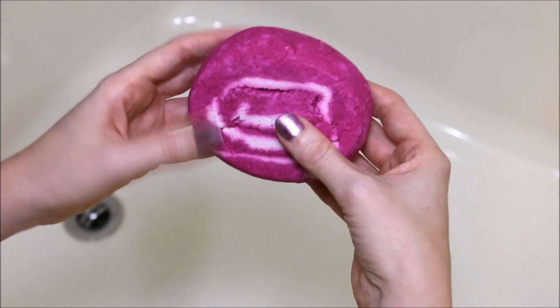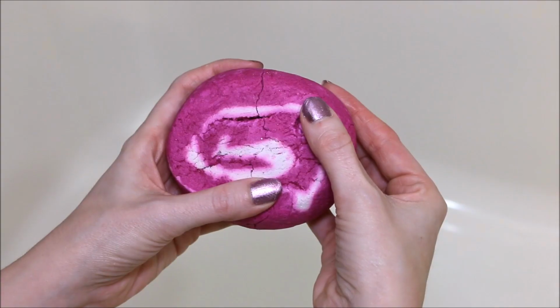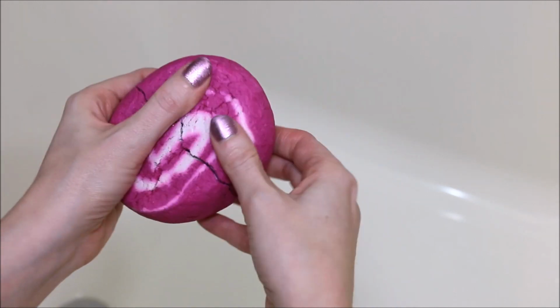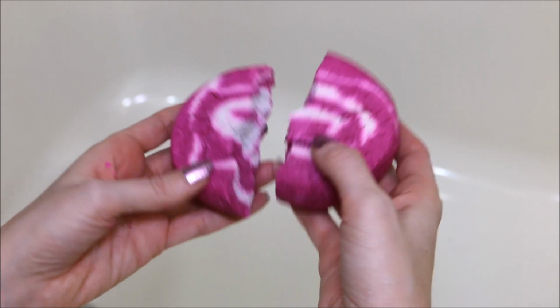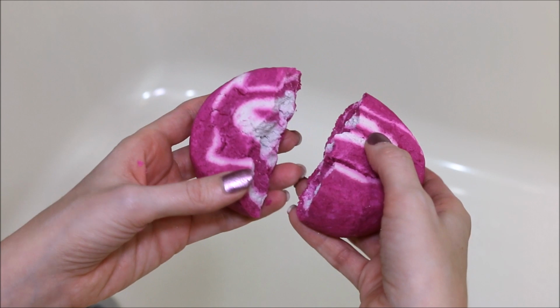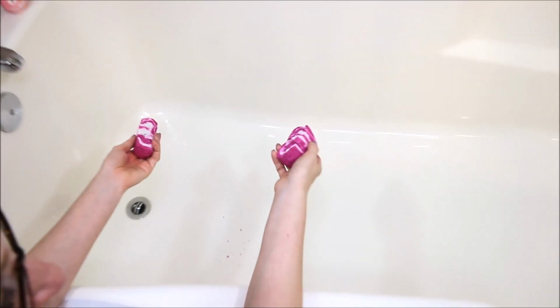Now you can use your bubble bars more than once, especially when it's something of this size. Breaking it apart, you can just use a knife or something like that. I actually got this broken up over the sink. So sometimes the bubble bars are a little softer, sometimes they're hard. This one looks really soft, but it is kind of hard. If you have a smaller bathtub, it would make more sense to only use some of your bubble bar, not the whole thing. I do have a larger than normal size tub, so I like to use my whole bubble